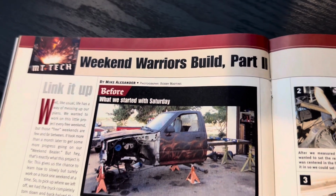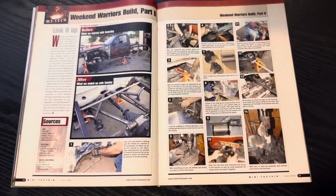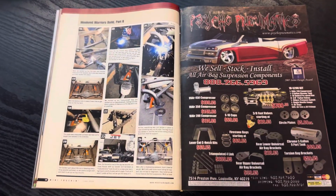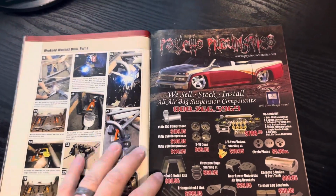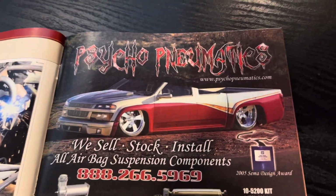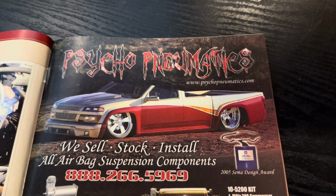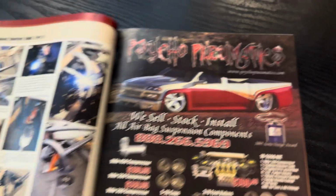Of course, they've had a long relationship in terms of some of the projects they've done over the course of time, which I've kind of gathered. Ironically enough, this was a cool ad, Psycho Pneumatics, and this truck is going to be on the next cover, which is super cool. It was something totally different, and